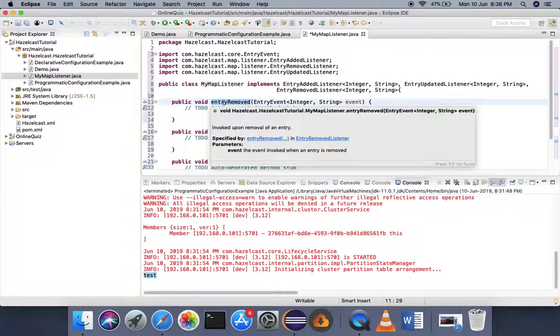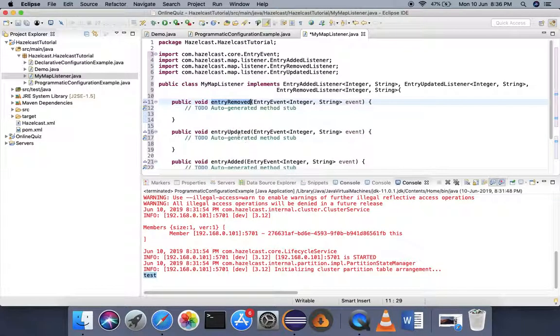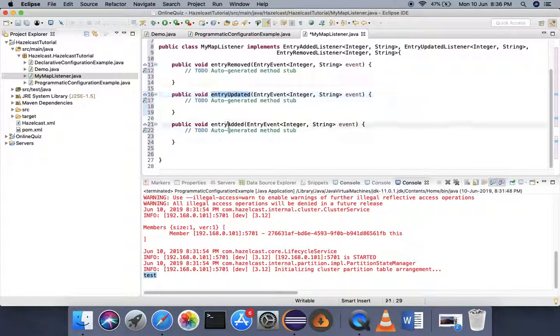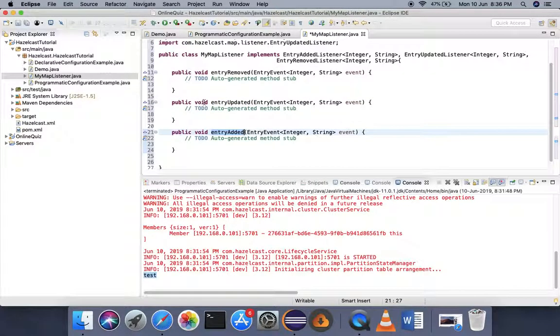Entry removed: whenever any entry is removed from a map, this method is called implicitly. Whenever any entry is updated in a map, this method is called, and whenever any entry is added, this method is called. Right now I'll not be doing anything in these methods, I'll just be printing something.